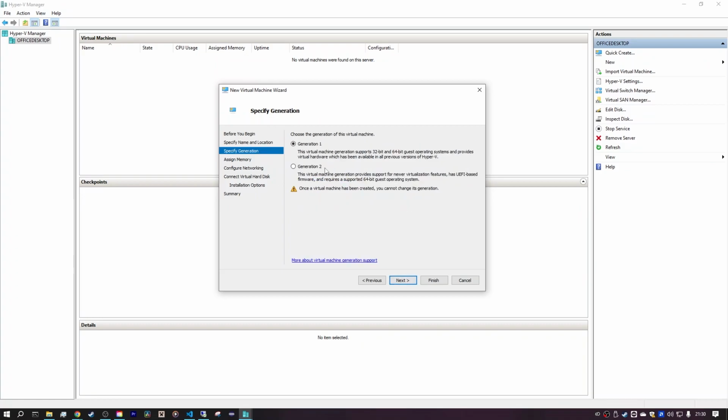Click Next, and here you can select Generation 1 or Generation 2. Think of it like Generation 1 as legacy boot and Generation 2 as EFI or UEFI boot. If you are installing Windows 10 or Windows Server 2019 or 2022 or Windows 11, you will want to select Generation 2 as it enables a bunch of secure boot features and it is designed for the latest versions of